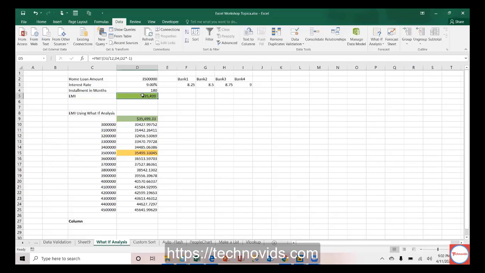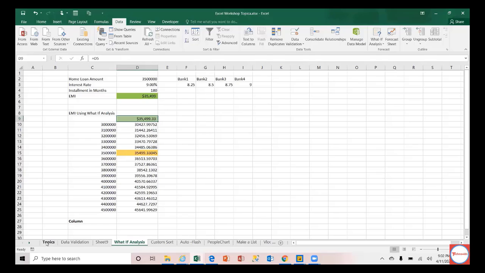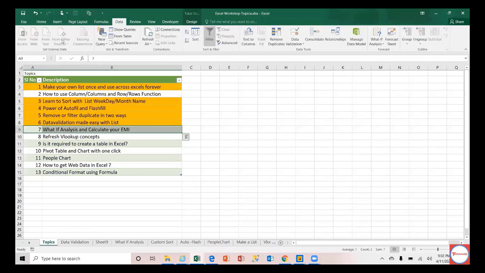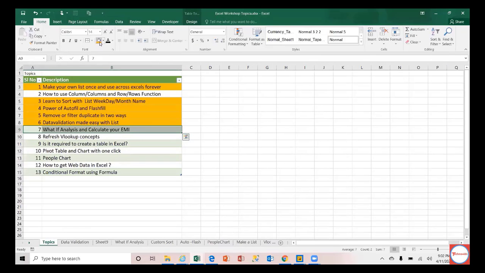So here it is formula. If you can see, this is formula driven, and that's why it's able to derive this. If there is no formula, no what-if analysis. Okay, that's one caution, and this is another thing you'll have to remember. I think I have covered this topic now. I will not take questions at this moment again.